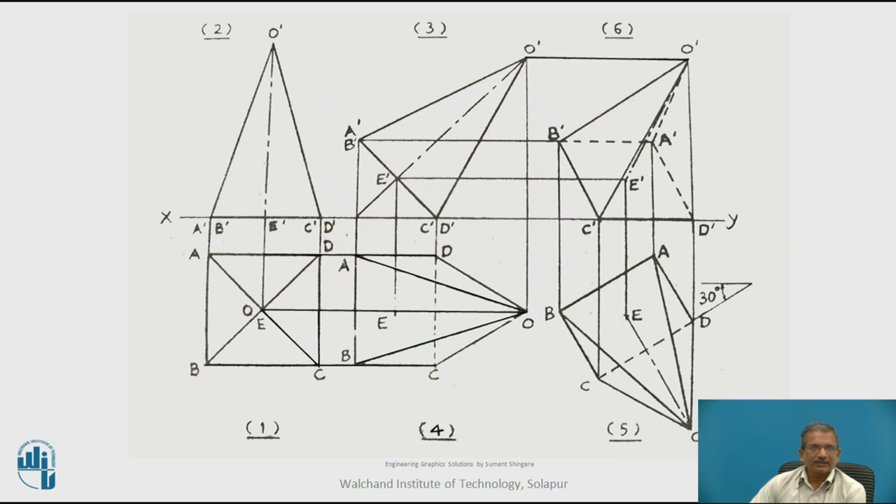That is the second stage top view, such that the line CD will be making 30 degrees with the XY line or with FRP. Of course you have to draw a dotted line, because it is a dotted line in the second stage also. So draw CD, reconstruct the solid top view in the second stage around the CD line, which is a dotted line of course, and as it is not stated whether the apex is towards the observer or away from the observer, it is your choice.